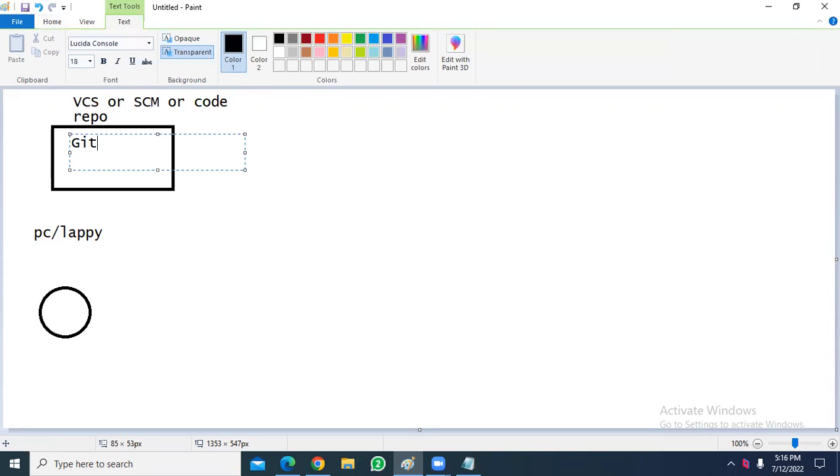What are the popular version control system softwares here? We have something like Git, Maven, Bitbucket. When it comes to Azure, we have Azure Code Repository. These are the popular version control systems.